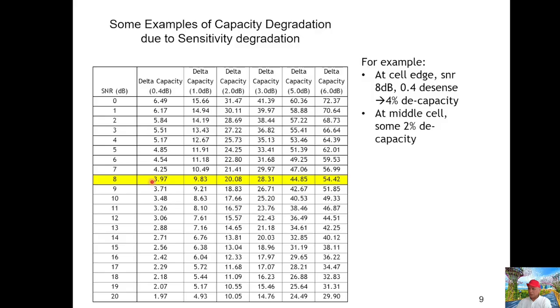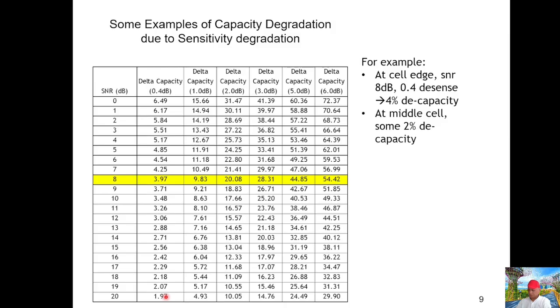So if the sensitivity degradation is 0.4 dB, which means the interference is 10 dB lower than the receiver's noise floor, then the capacity degradation is around 4%. And in the near side area, for example where the signal to noise ratio is around 20 dB, the capacity degradation is around 2%.